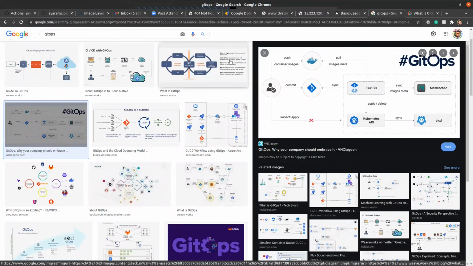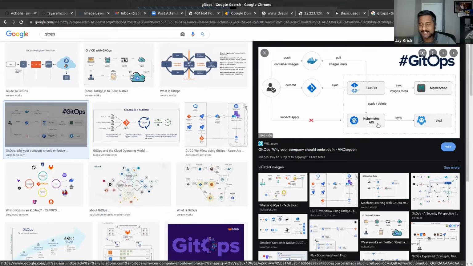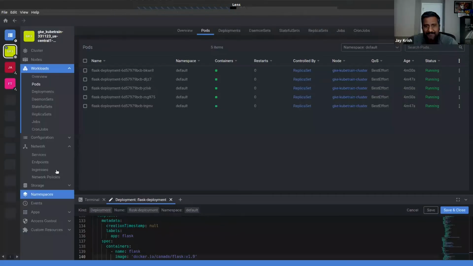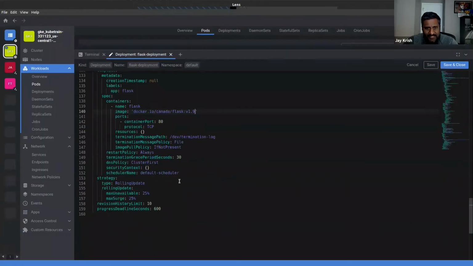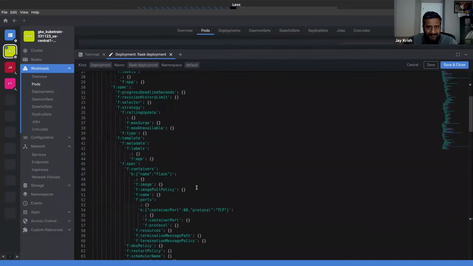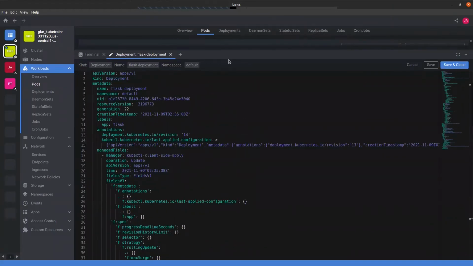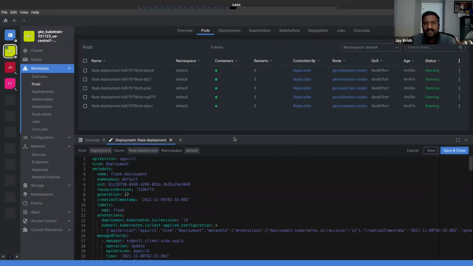Inside Kubernetes, because it is infrastructure, we will install some software like Flux CD or Argo CD. That software will be watching a Git repository, which will have this file. You see this deployment file? This deployment file will be stored in a Git repository.